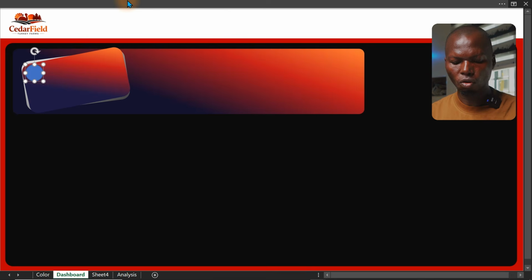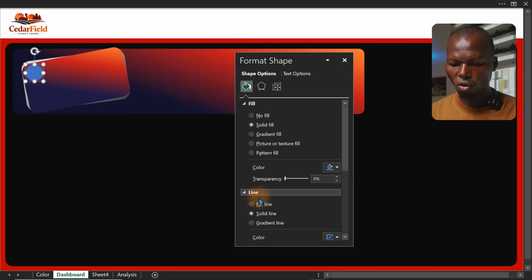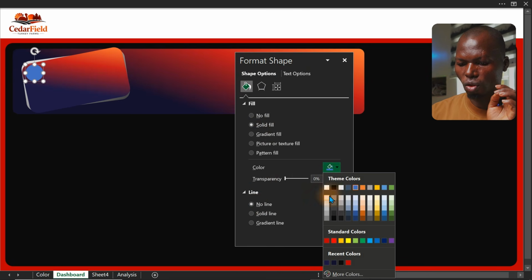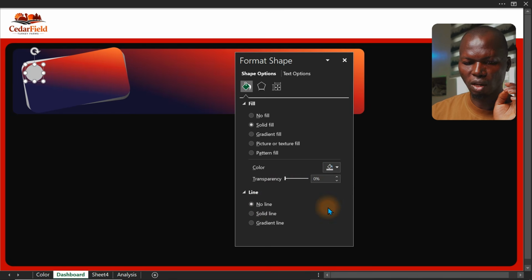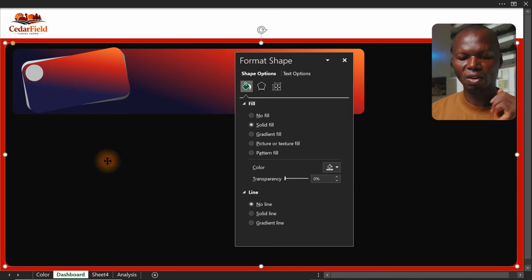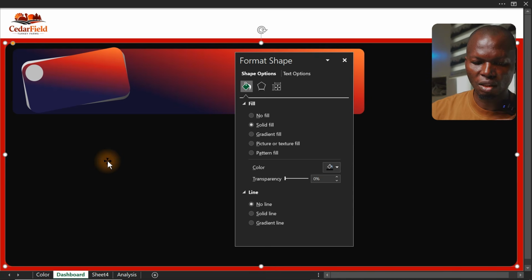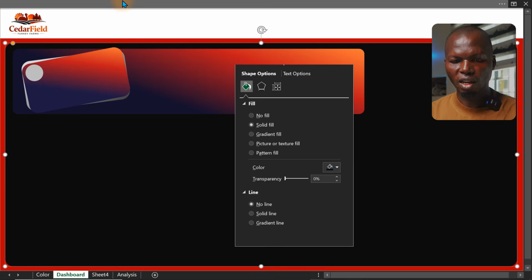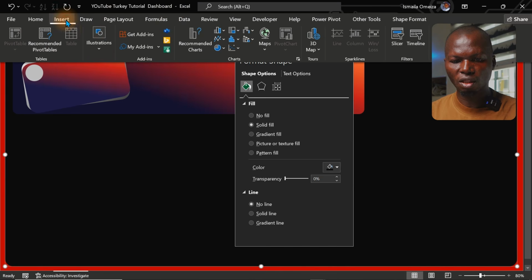And the next thing is for me to press Ctrl 1 and set no outline. I don't want any outline. So the next thing is for me to go ahead and bring up the color I want right on it, something like this. Okay? Now, we have inbuilt icons that we can use, and some icons are not existing right here. What we can do is go to a particular website that will definitely help us bring those icons. So over here now, let's go over to this particular insert here